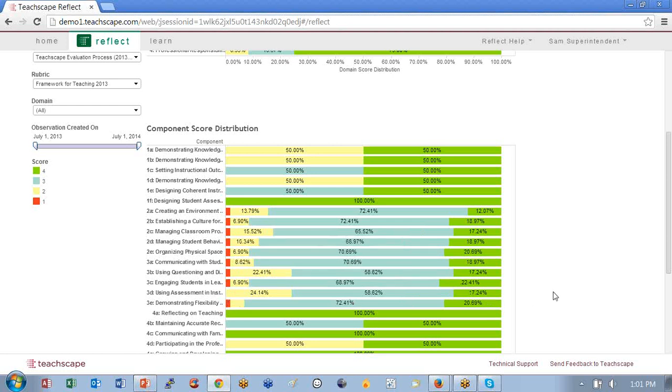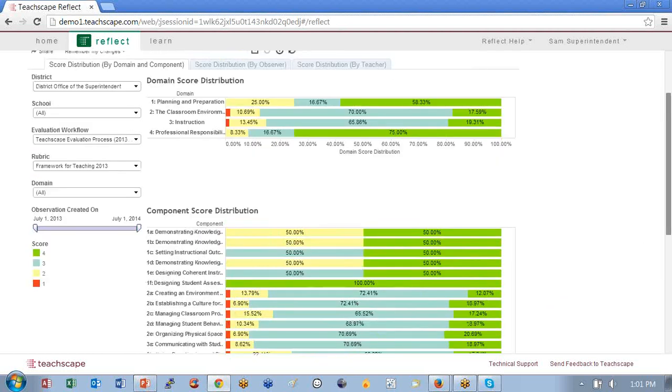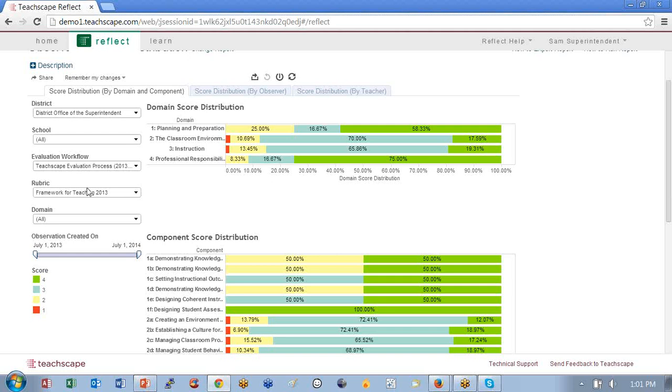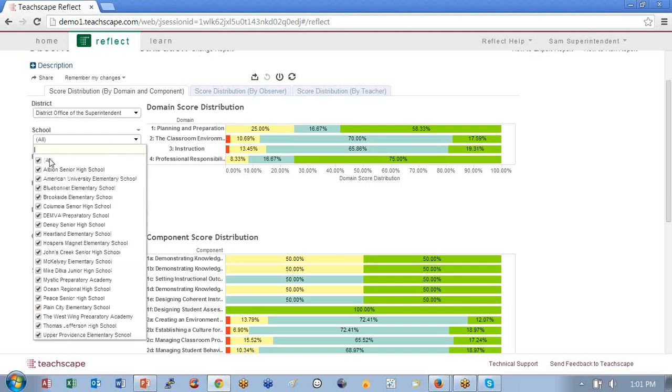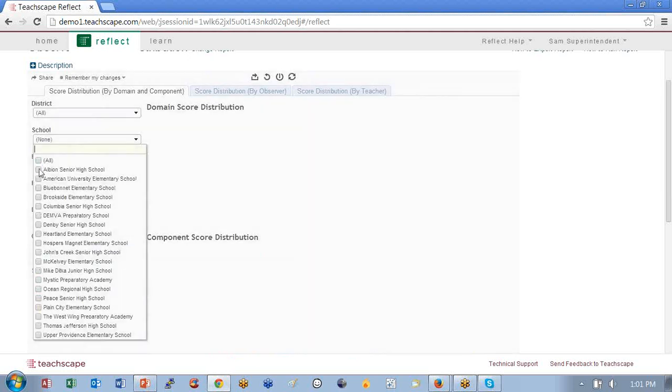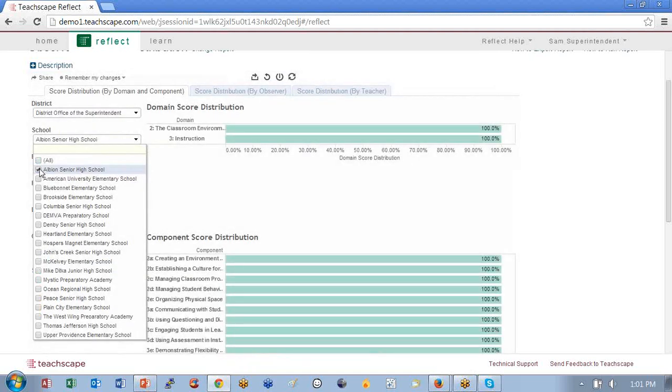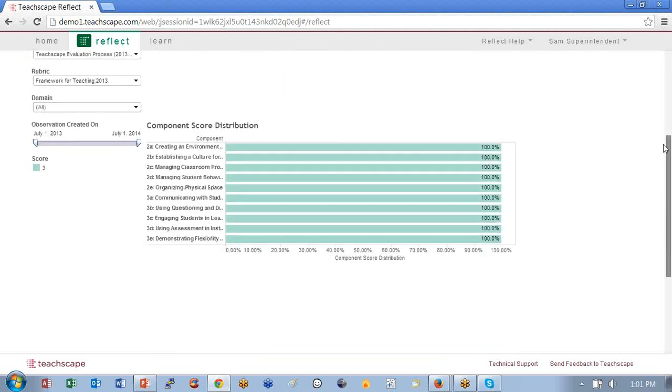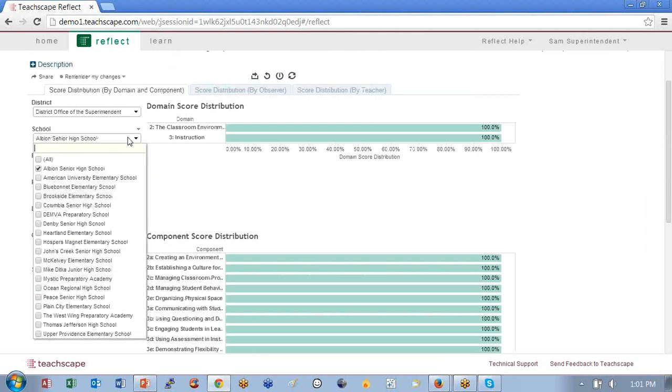That might be something where when you do district PDs or school PDs, if we pick a particular school and look at that, we could do this by a particular school. We could turn off all the schools and just pick one of the schools, like Albion, and we can see for a particular school, Albion is pretty much in the all pink area, so we'll try another one in here. Let's see what we got in here.